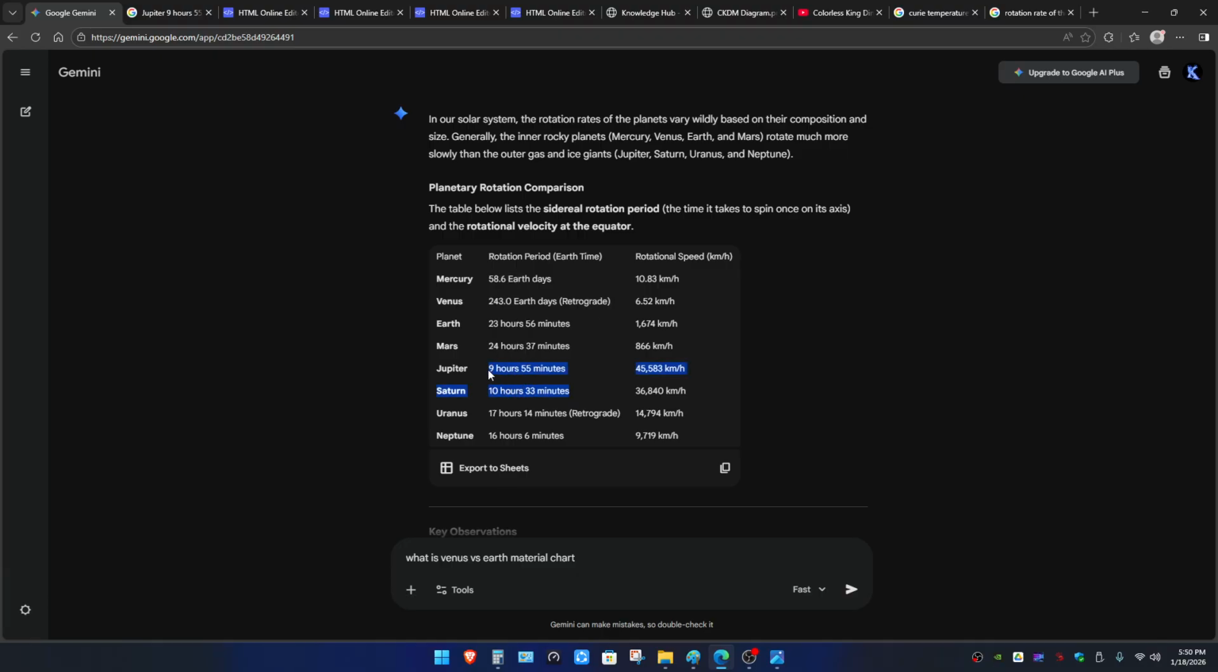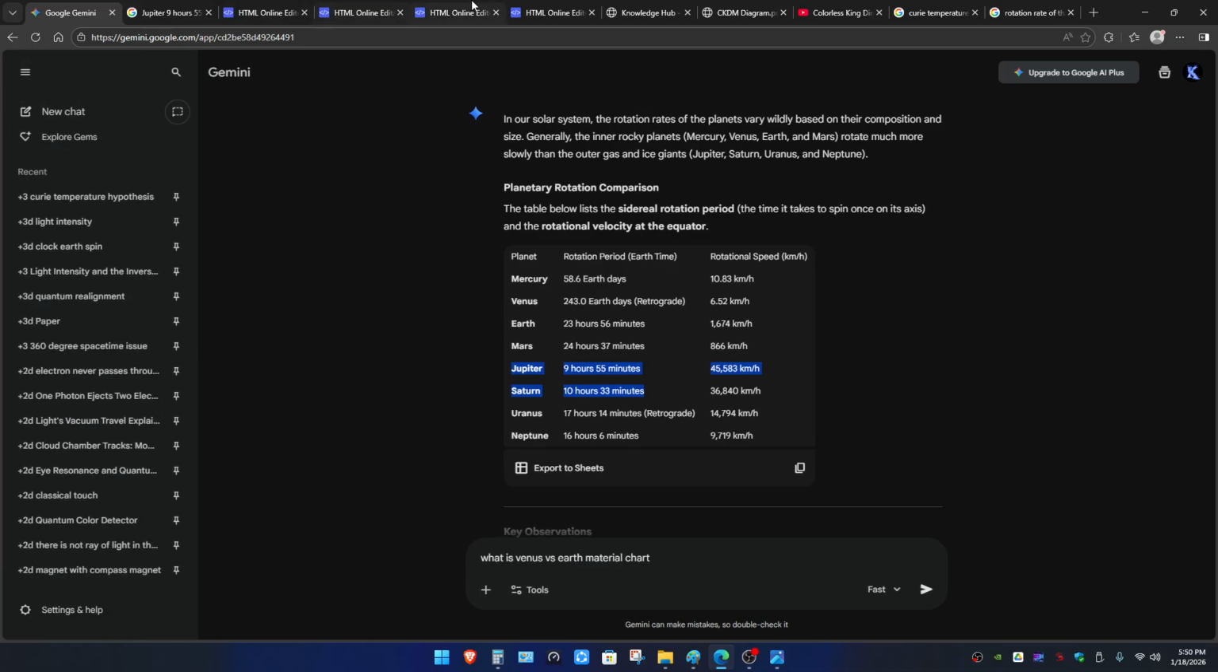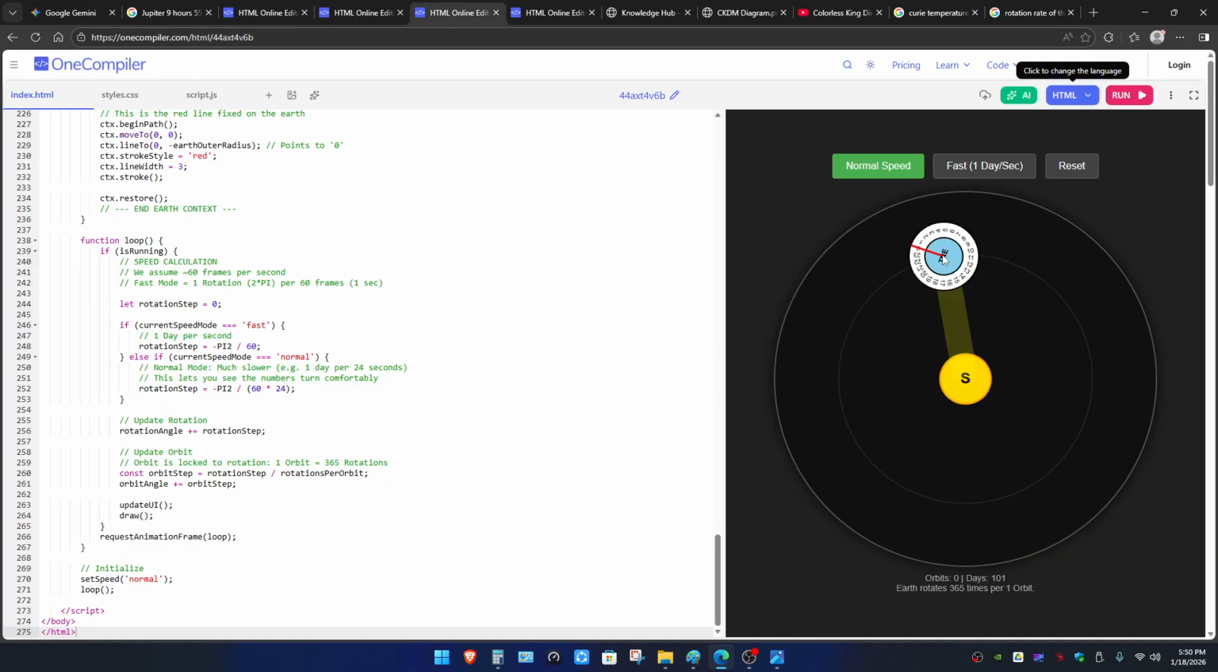Okay, and because both of these two planets, Saturn and Jupiter, have a large quantity of gas inside them, they are rotating the fastest in the solar system. Okay, so based on that, I think I am able to talk about the temperature, the space-time